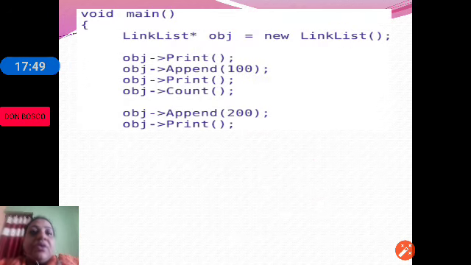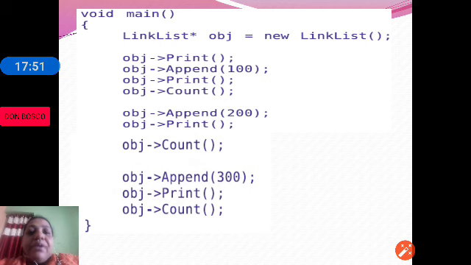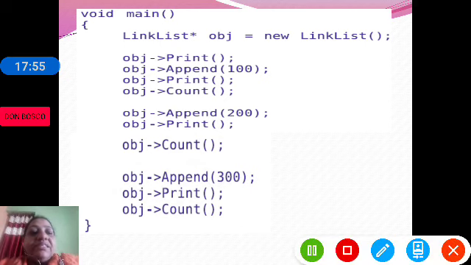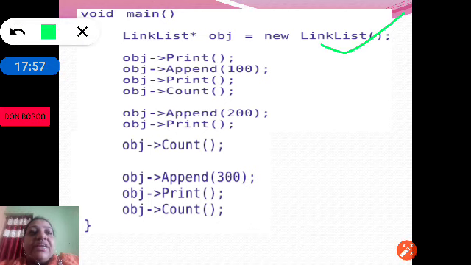As we know, the execution always starts from main. So first we are creating a linked list. Whenever we create a linked list, start will become null at the time of creation, so it indicates the empty list. In the first statement we are initializing start to null. Then we are printing. When we print, there is nothing to be printed. We will get a message saying linked list is empty.